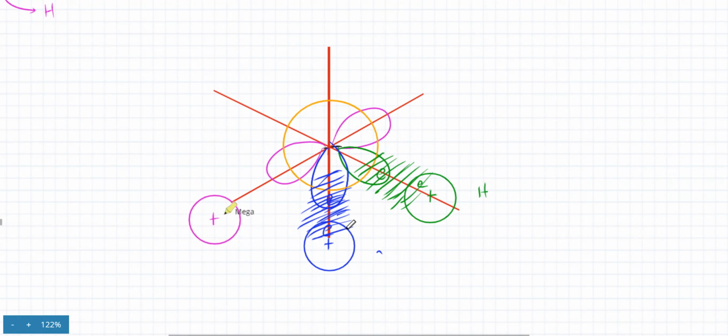hydrogen coming in with one electron. It approaches the pink orbital, and the pink orbital also has exactly one electron. They start pulling each other, and they're forming sigma bonds. All of these are sigma bonds. And finally, the orange one, the last one. There's another hydrogen above,